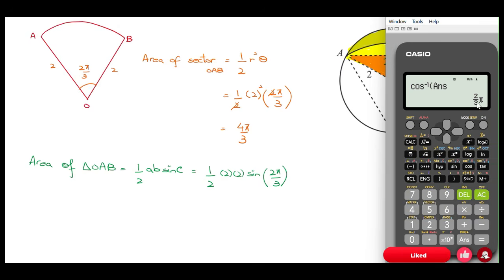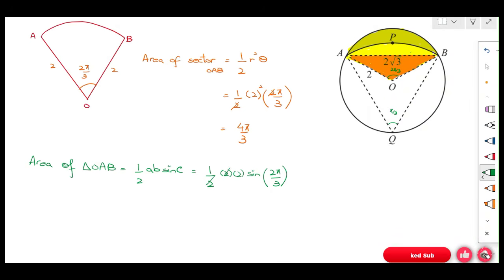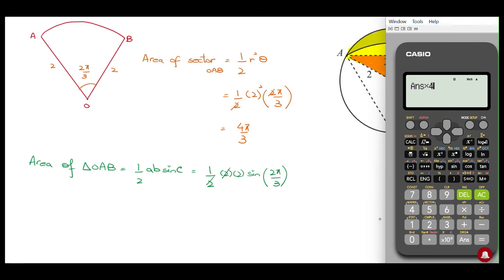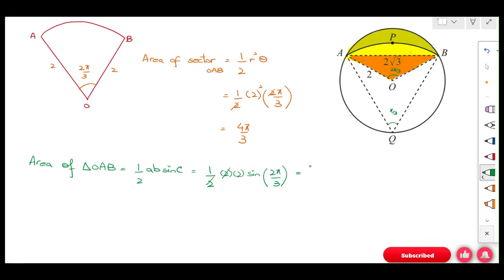Okay, 2 pi by 3. If you calculate the sine of the angle, this is in radians, 2 pi by 3, and multiply by 4. This 2 and this 2 are cancelled out. You have to just multiply it by 2. This is root 3. So that area is square root of 3. So what we have done is the area of a sector